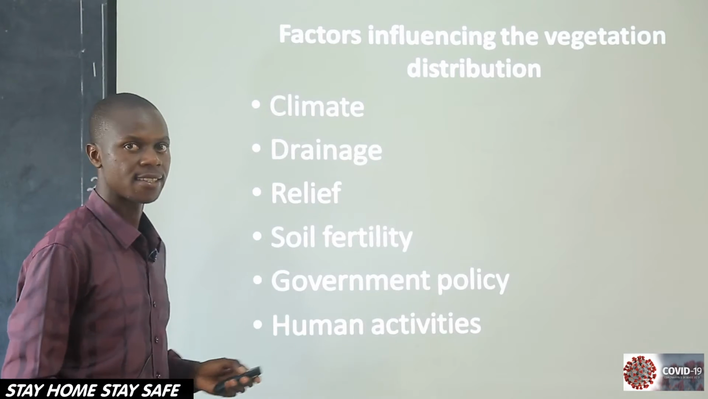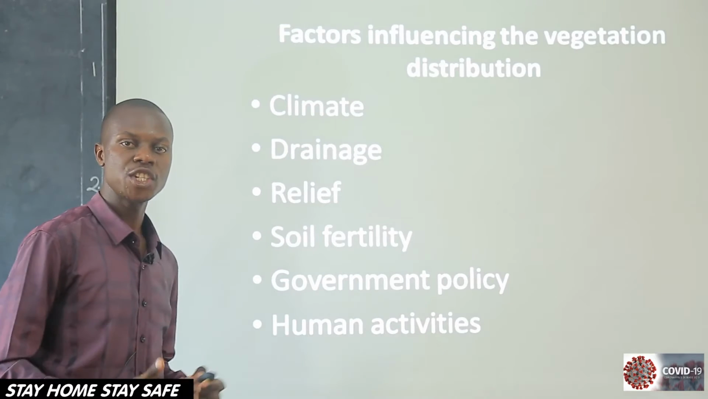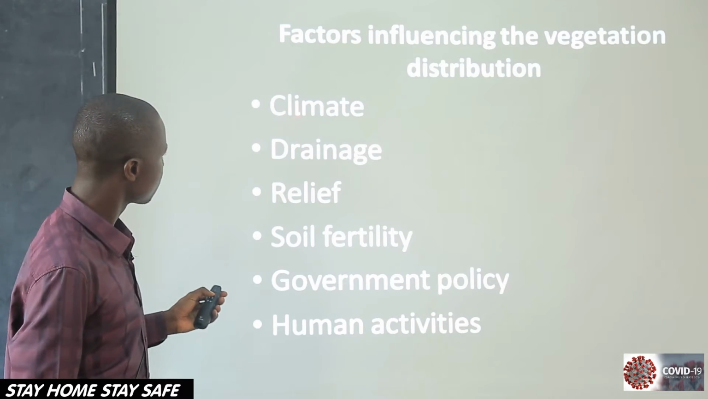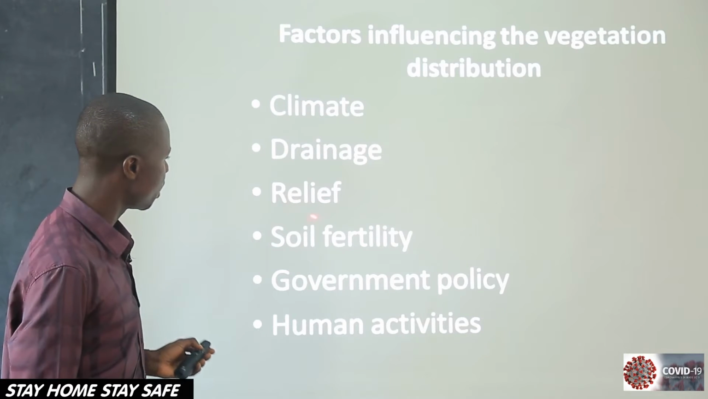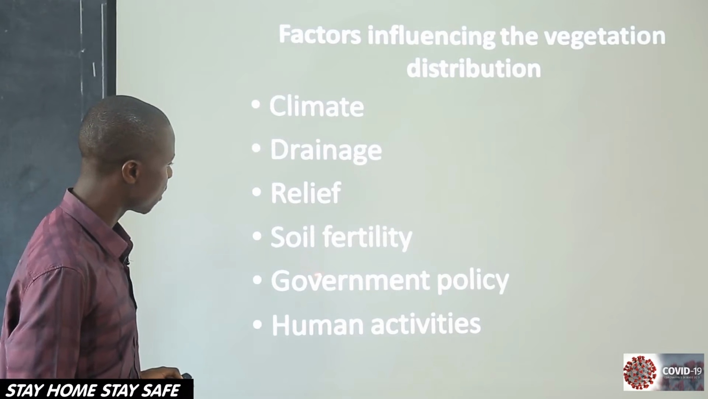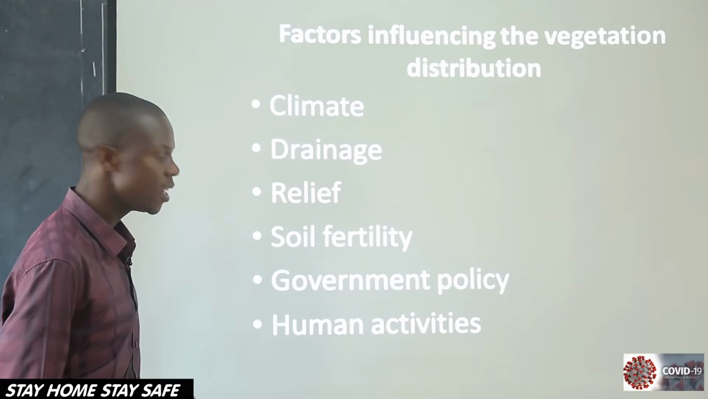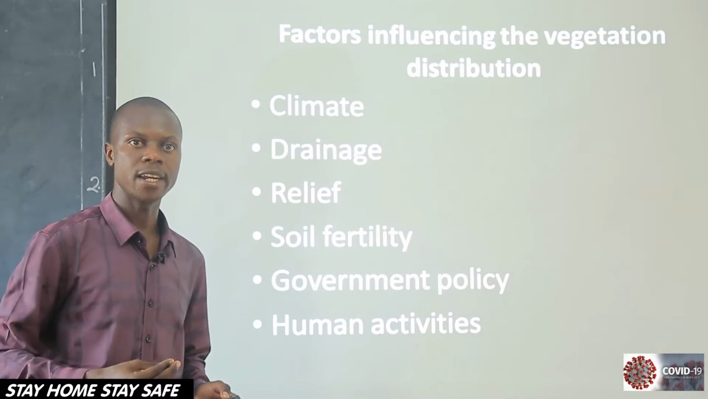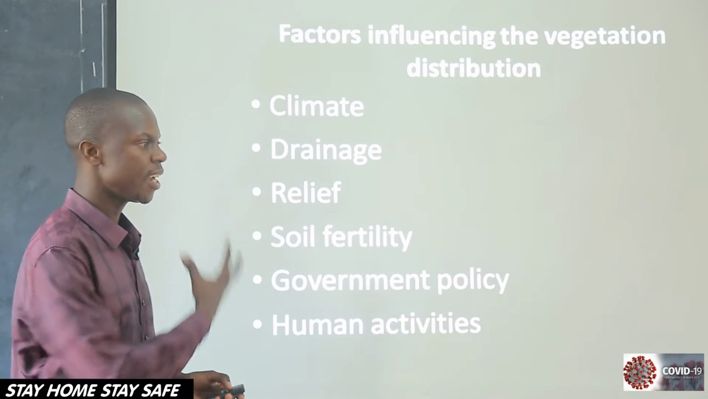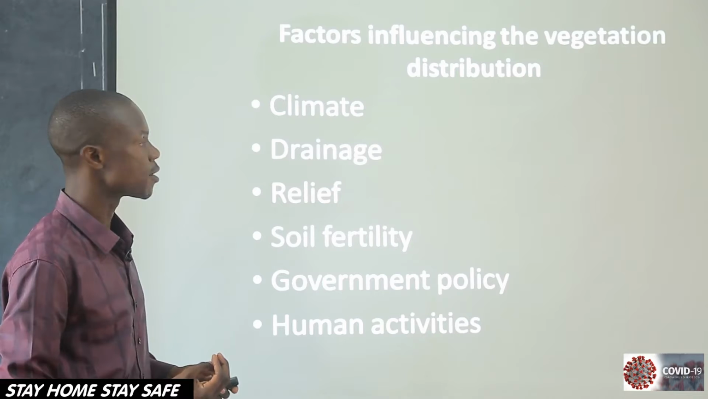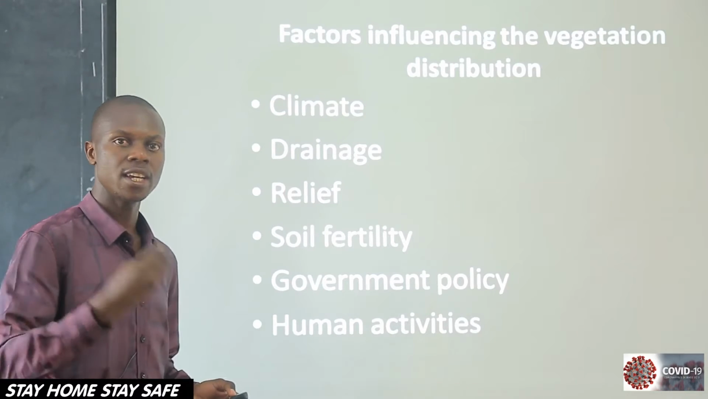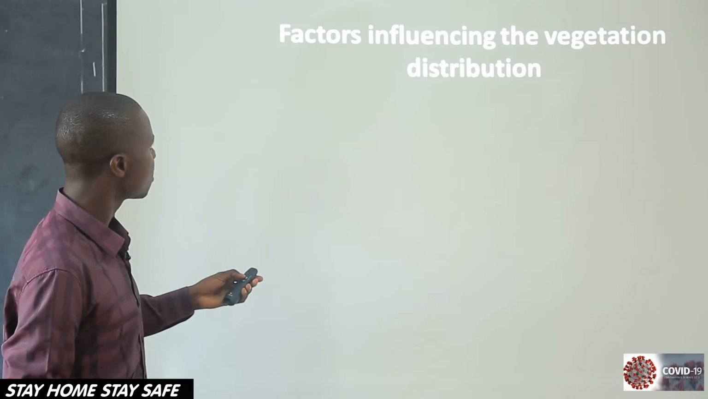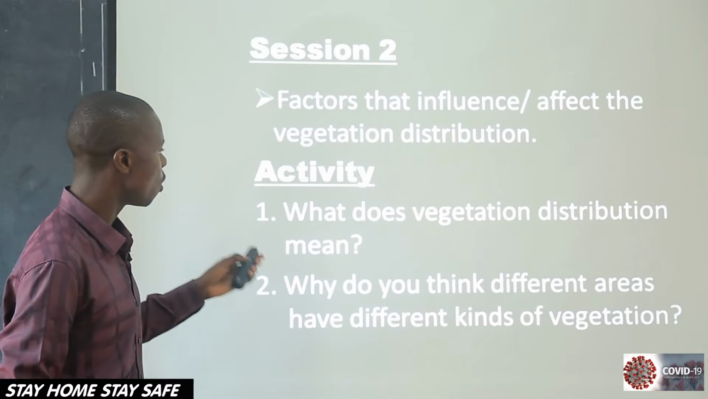These are the factors that bring changes in the vegetation in the different areas. One of the factors is climate, we have drainage, we have relief, we have soil fertility, we have government policy, then we have human activities. Don't fear, we are going to look at these factors one by one. What is very important is you listing these factors that influence or bring changes in the vegetation in different areas. And I promise that we will also talk about what vegetation